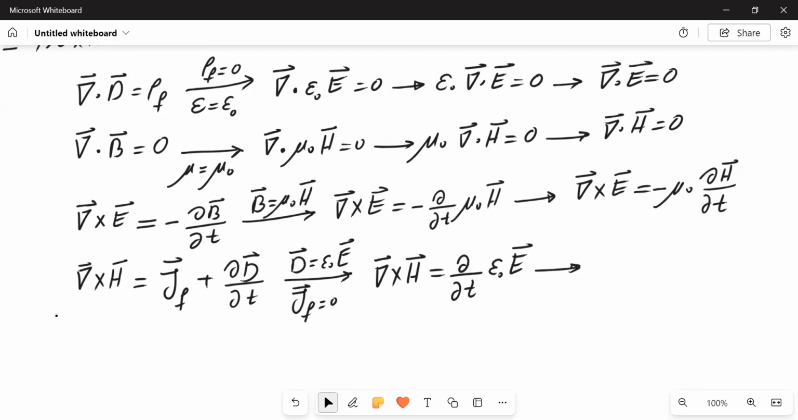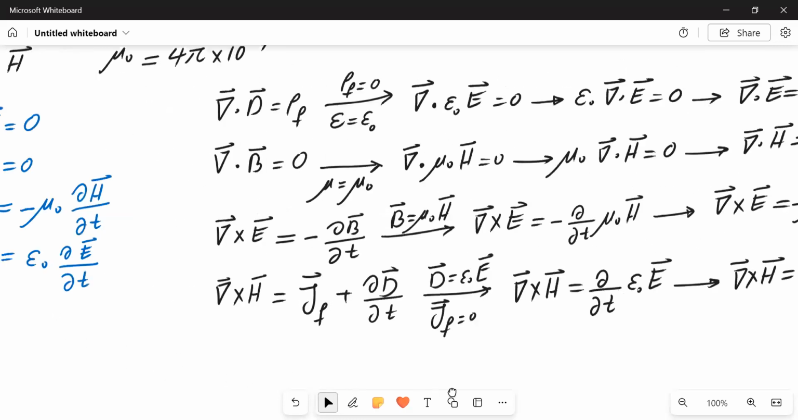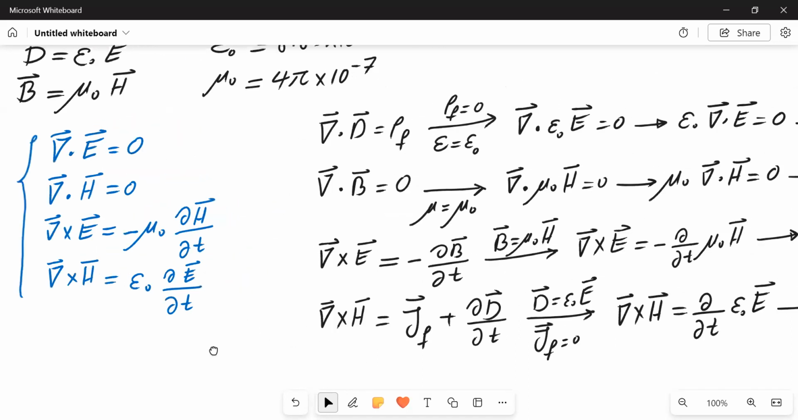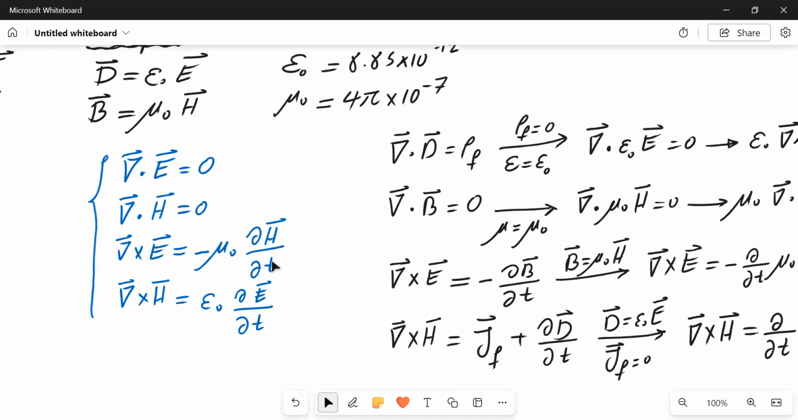I can bring that epsilon naught, as it's a constant, and put it in front of the time operator, and write this as the curl of H equals epsilon naught times the partial time derivative of the electric field, which gives me this equation. Okay, so in vacuum and in the absence of sources, Maxwell's equations give me this. Now I'll start with these equations, and I will use vector analysis in order to find the electromagnetic wave